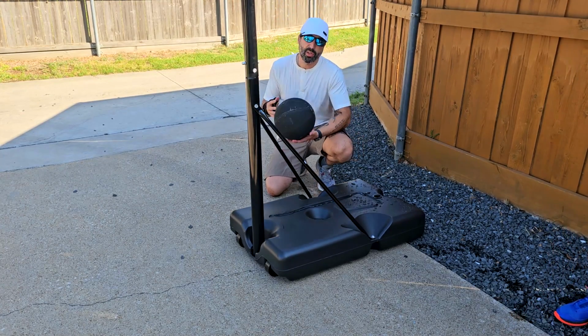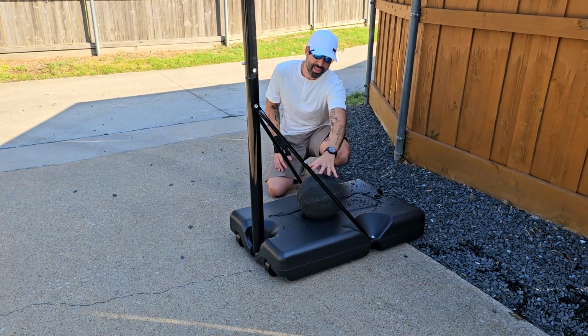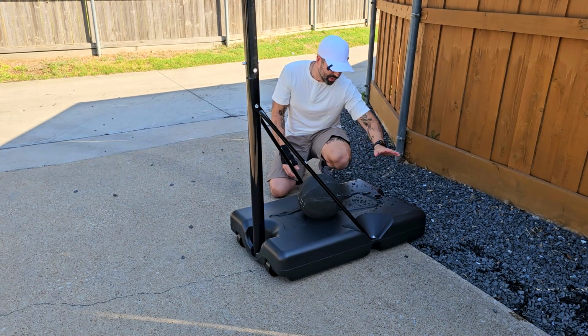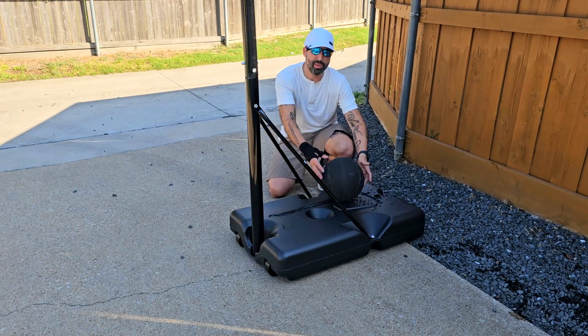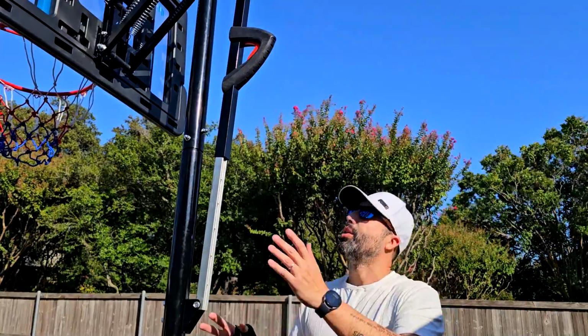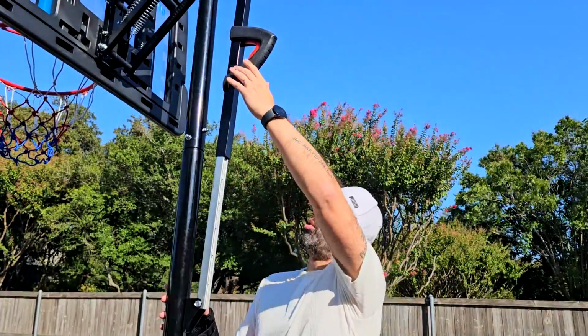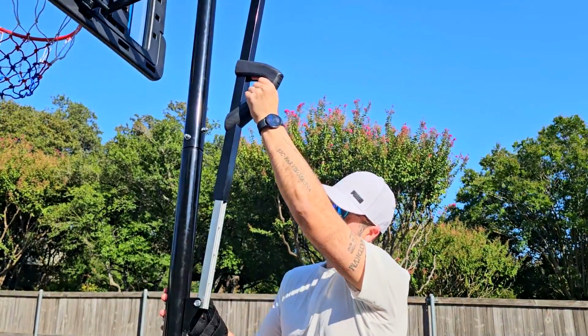The first thing that I want to show you is that you have a place to put your basketball right here. So that's actually pretty common in many of these stands, but this one comes with it. Remember, this one now has the water, and the best thing, remember, is to put some sand if you want. But you have a place to put your basketball. Also, another good thing is you can modify the height. You have 7.5 feet, 8 feet, 8.5 feet,